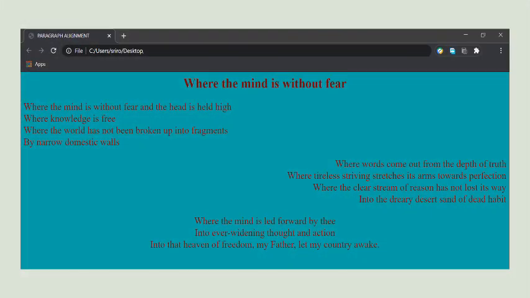See this web page. Poem heading is in the center by using center alignment in H1 tag. And the font size is defined as 5 pixels here. Now see the first 4 lines of the poem are aligned to the left on the browser's window. Next 4 lines to the right, and then the last 3 lines are aligned in the center. In the same way, we can use justify alignment also.